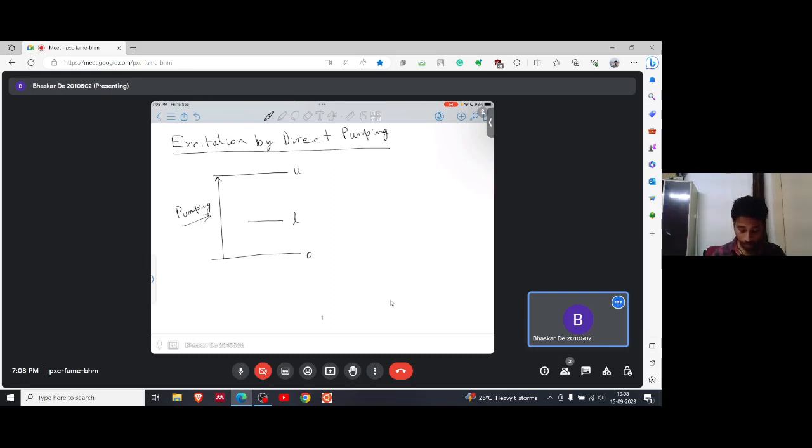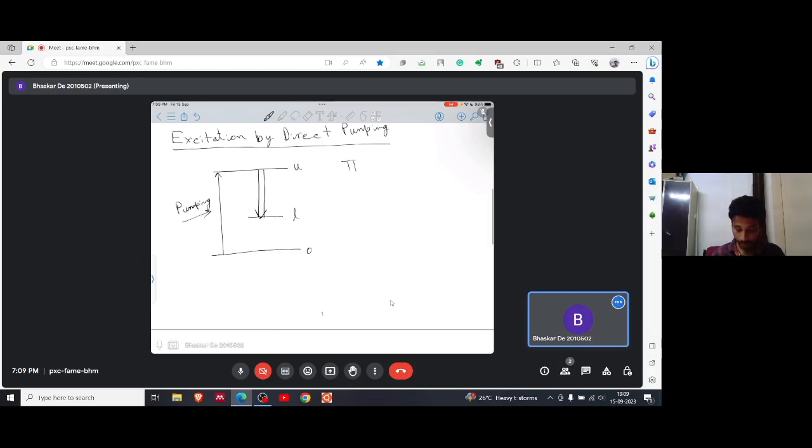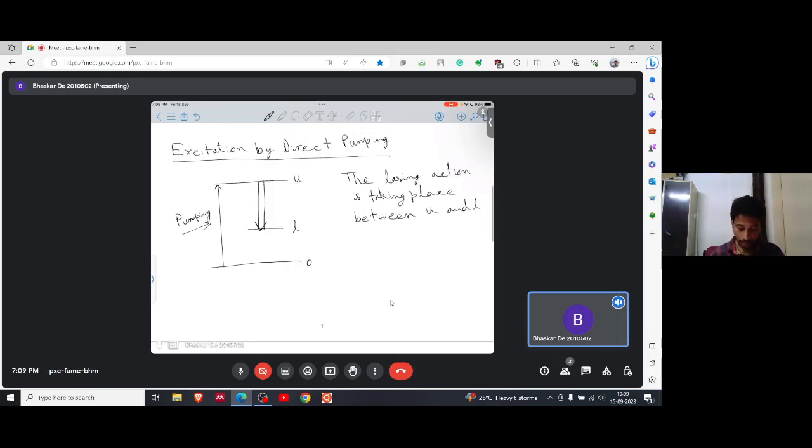This pumping is done from the ground state, or zero state, to the U state, and the lasing action is occurring between U and L. So by direct pumping we mean that the upper excited state is directly pumped. The population is sent from 0 to U directly, and this U is actually the excited lasing state. Okay,